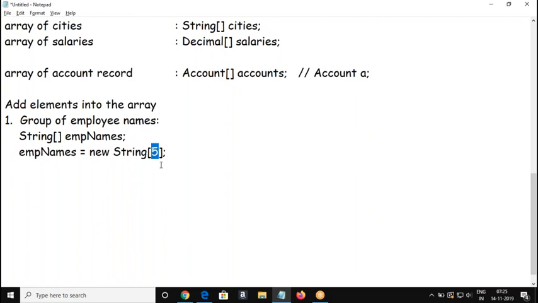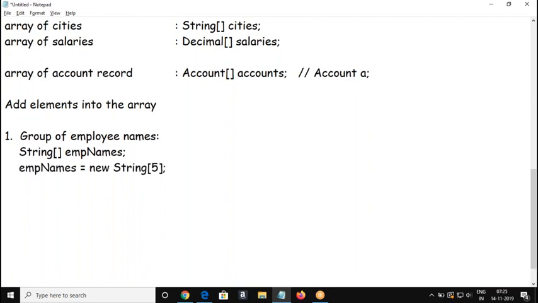We cannot declare an array without specifying the size of the array. So basically the syntax is data type, open and close bracket, array name equal to new keyword, open and close,